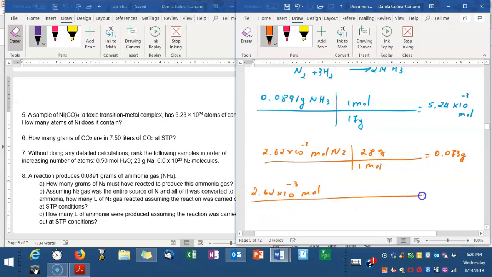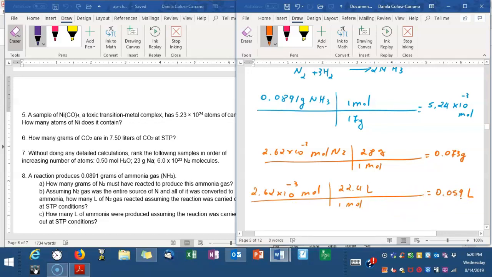Now you know that 1 mole occupies 22.4 liters. So if you multiply the 2.62 e negative 3 times the 22.4 liters, you have 0.059